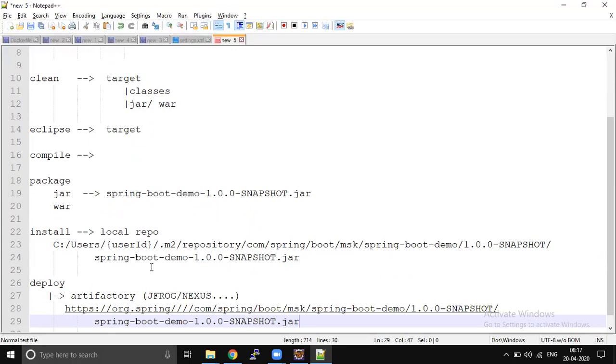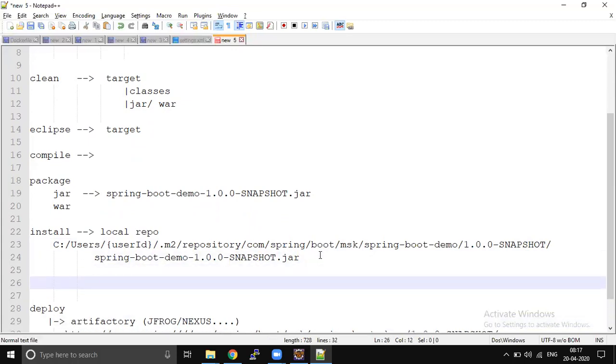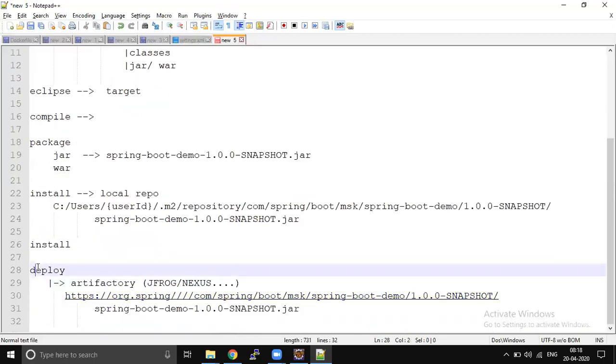But as a developer, whenever we run a lifecycle goal, we mostly go only till install, because most of the time we don't have the option of deploying our local jar file into remote. That will give so many issues, because we may have tested or may not have tested, and we will always have our own changes. What about other developers' changes?